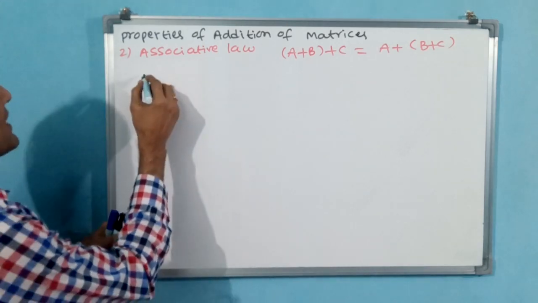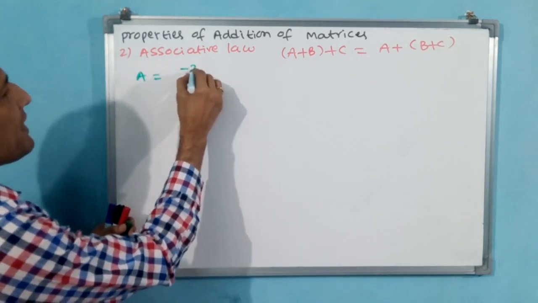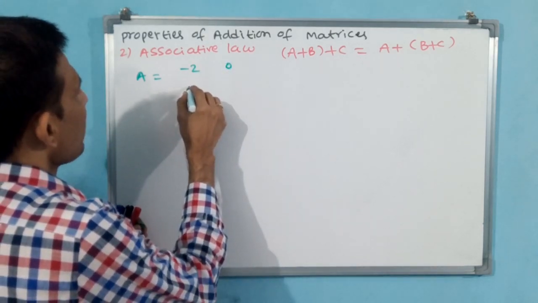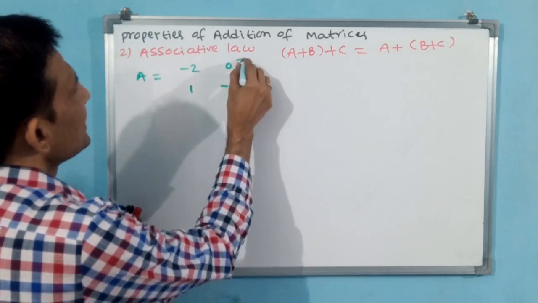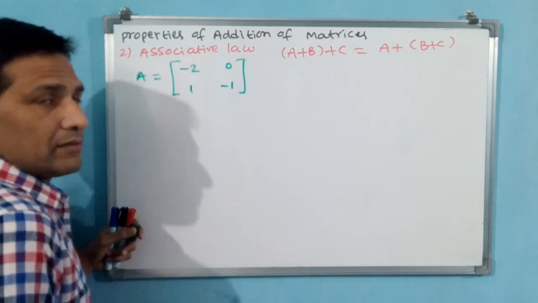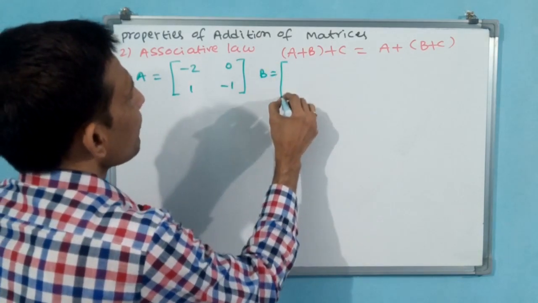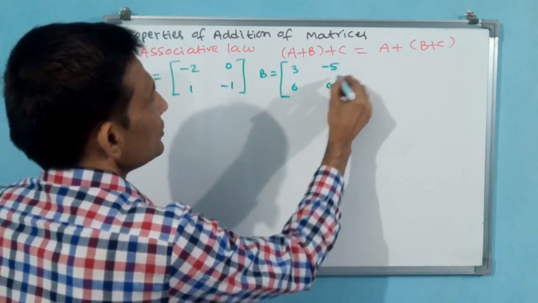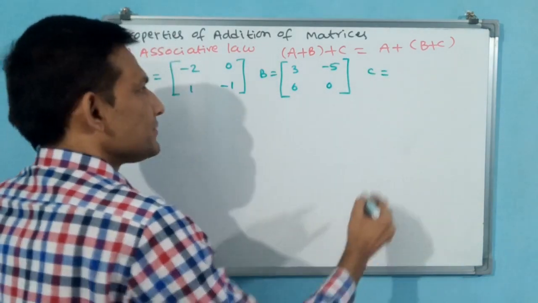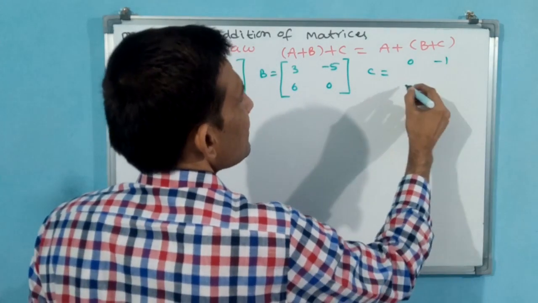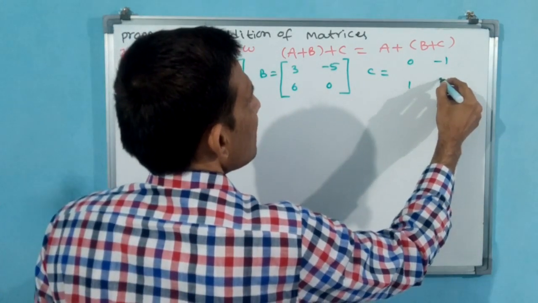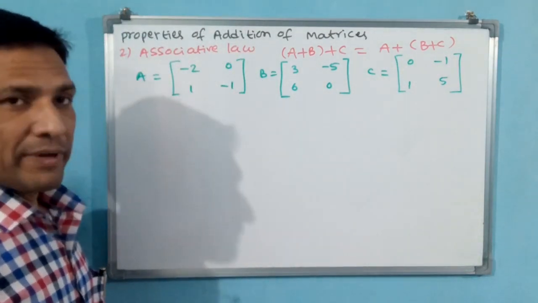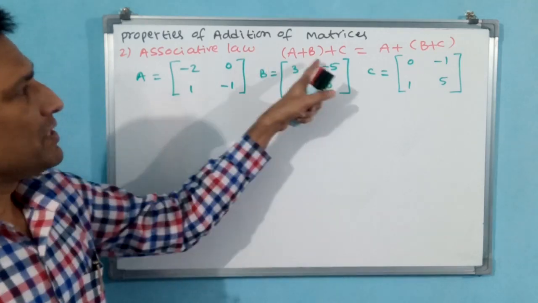Let us see. Let us take A is equal to, this time I take 2 by 2: minus 2, 0, 1, minus 1. Okay. This is A. B is 3, minus 5, 6, 0. C is 0, minus 1, 1, 5. Okay. Now one by one we do the operation and we will see whether (A + B) + C is going